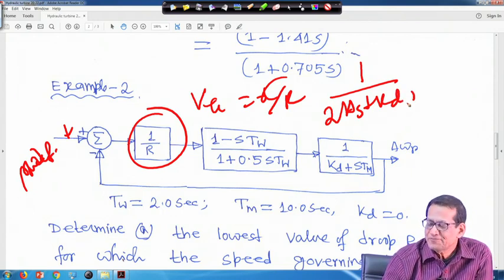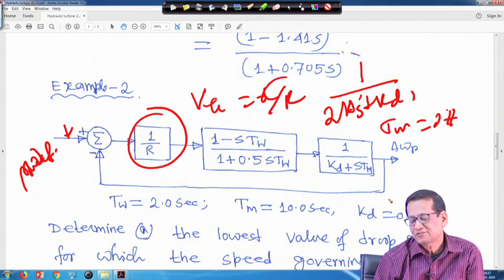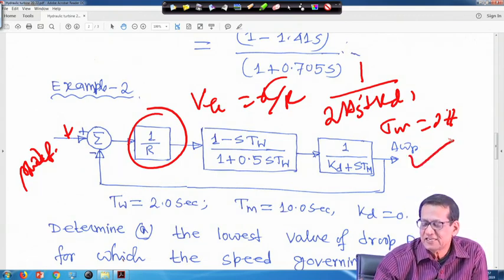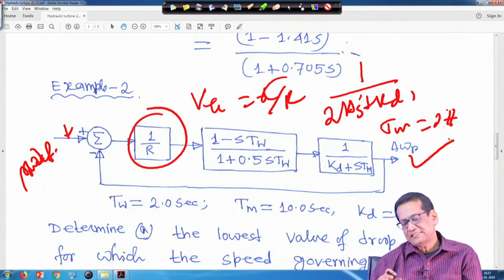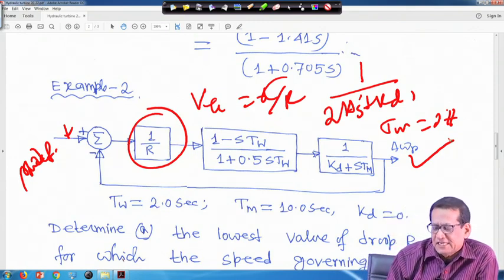So, here also your T m, if it is 2 H, right, it is 2 H s. So, T m is equal to 2 H, but here the T m value is given, right. So, this way you have taken, and that is why this is delta omega r, but if you take it in AGC form also I will write it for you, right. So, this I have taken.